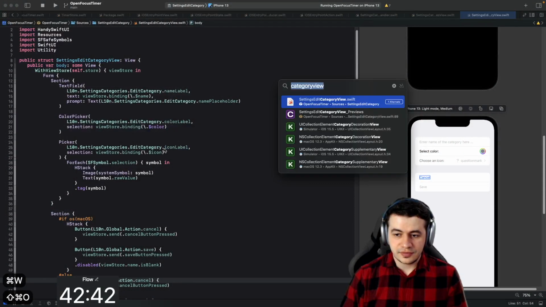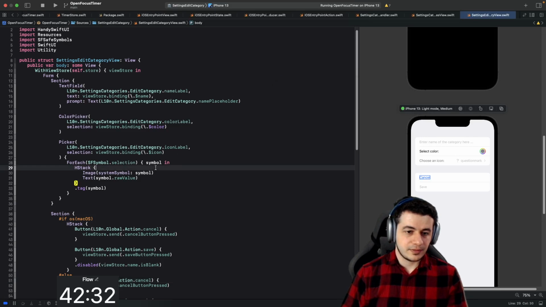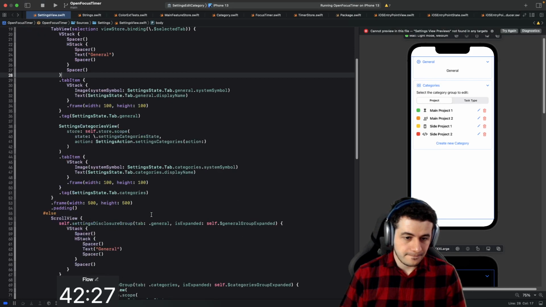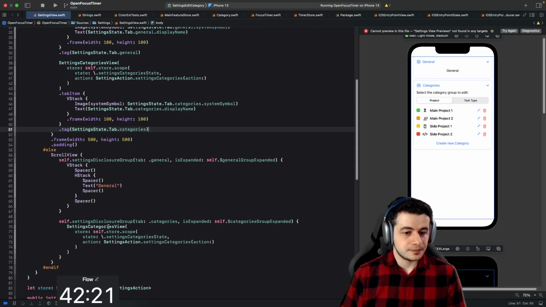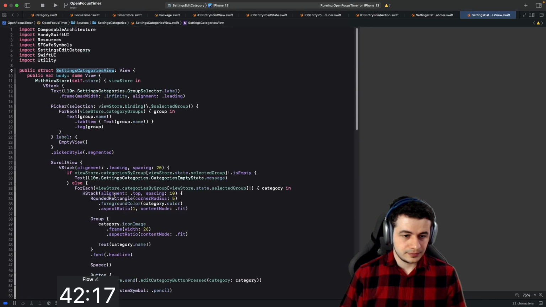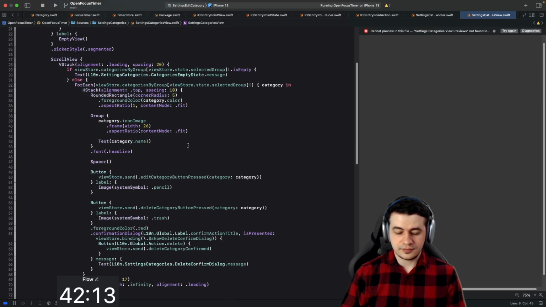We are instead talking about the settings tab. Okay, wait. This view, of course. Settings, categories, view, and here,